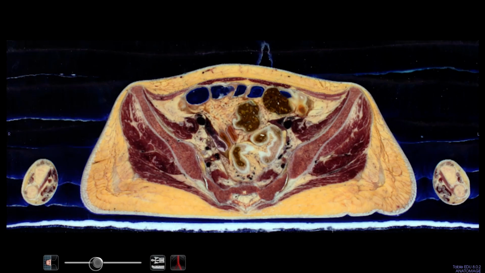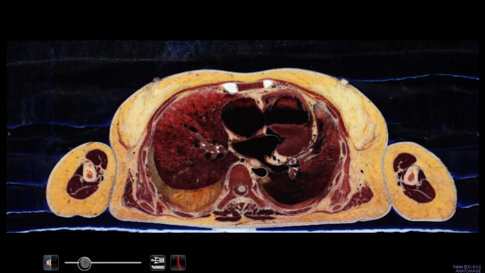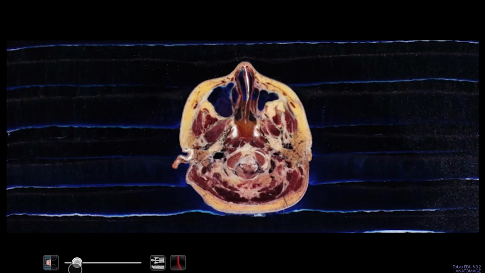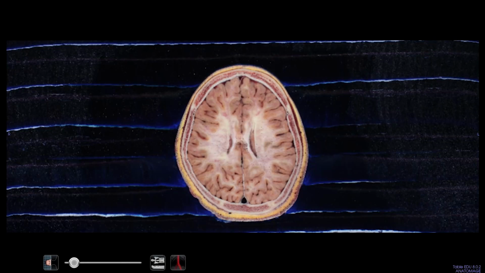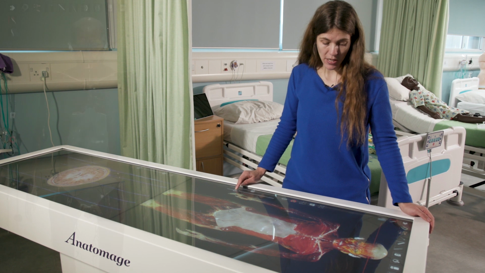This one here shows how the organs go all the way through using this bar along here, where we can see things like the brain from a sliced angle. So going a little bit further into the body,